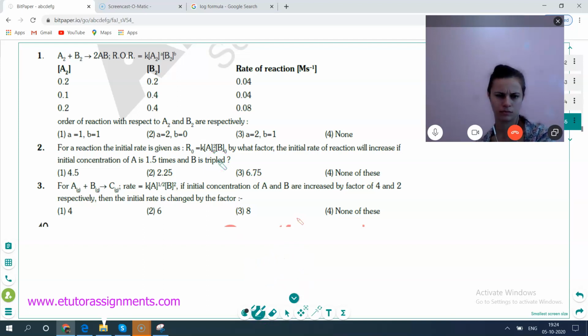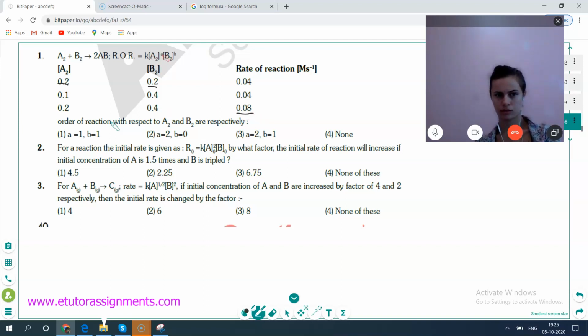I was thinking some things. Question number 1. Then I got some idea. Let us see whether my idea is working or not. What is given here? Can you tell me? First you tell me what you have understood from the question. I understood that when concentration is 0.1, 0.1, the rate of reaction is 0.04. When concentration is 0.1, 0.4, then the rate of reaction is this. And then concentration 0.1, 0.4, then rate of reaction is this.